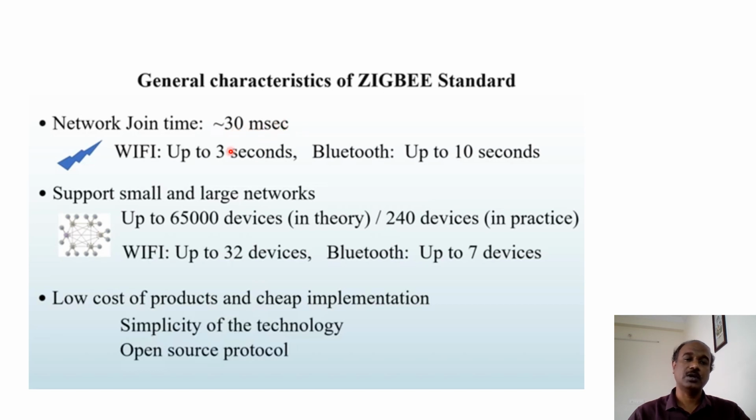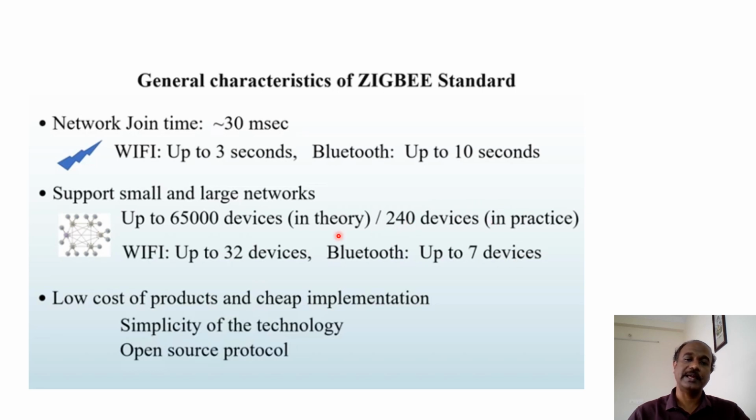So it is very small compared to Wi-Fi and Bluetooth. Also, ZigBee networks allow up to 65,000 devices to be connected in a network. That is theoretically. But practically, up to 240 devices can get connected to a single ZigBee network. For example, in home automation, I can connect up to 240 different ZigBee enabled devices to my network in